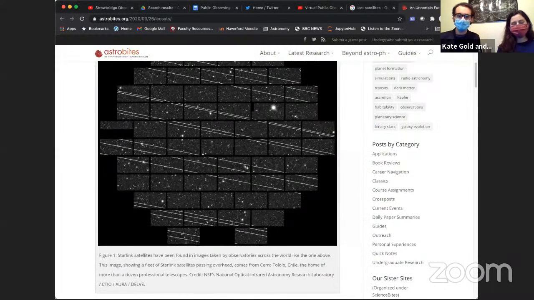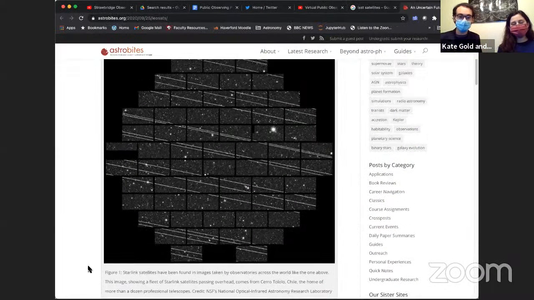And I'll just note this, just to forward my agenda on this topic, which I'm very passionate about: there are a couple of issues regarding fixes for this, especially ideas about painting satellites black and things like that, which doesn't really help with radio emission. In fact, there are still parts of a satellite that you can't paint over, like solar panels that are highly reflective. This is a really excellent and widely circulated image from, I think, Cerro Tololo Observatory.